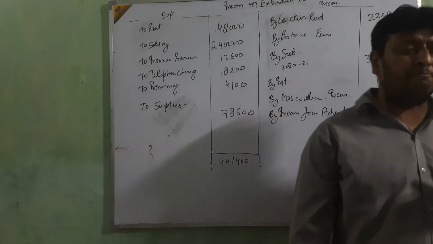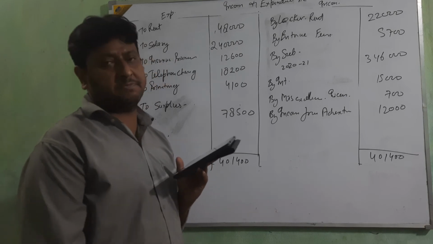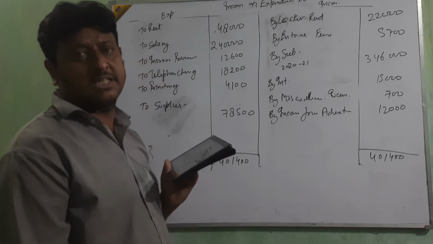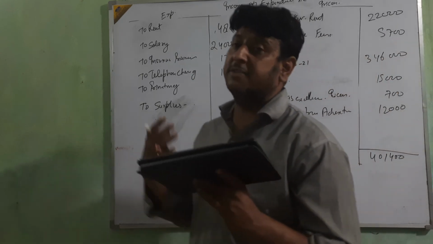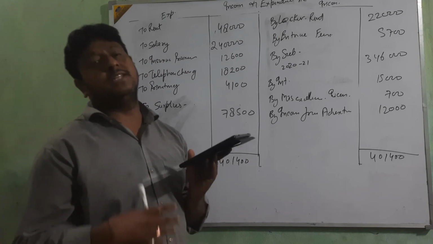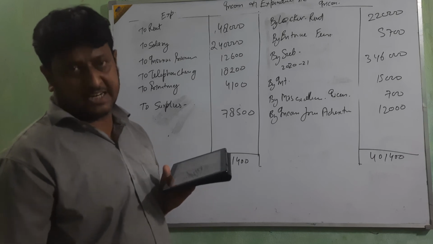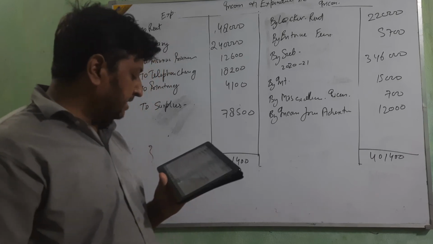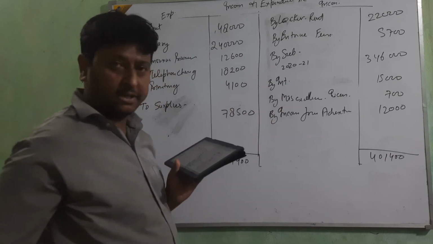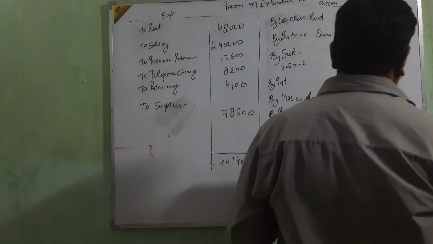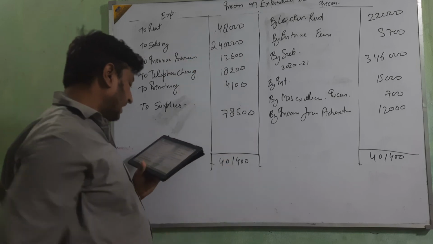But at the time of putting the interest, first see whether the investment purchase date is there. If a date is there in the investment purchase and a rate of interest is given, then we are going to see whether that interest rate is followed here or not, or any difference with the interest amount calculated by using the interest rate. Then miscellaneous income, we are taking that. Then income from advertisement, that also we are going to take. So the total on this side is 4,01,400. Clear?